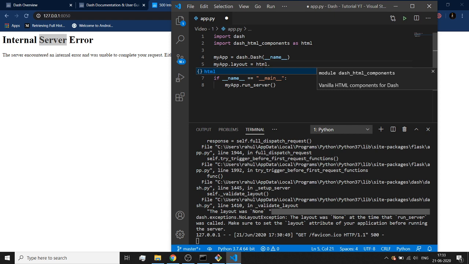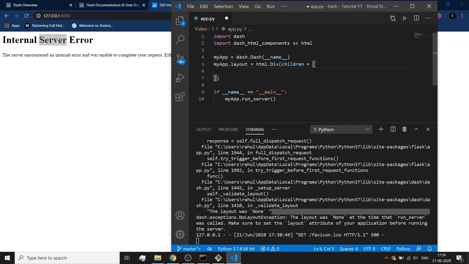Okay, so I'll say html.div, and this div is holding all the logical blocks that your application might have. Now this div will take a list, and in fact this list is nothing but the children of this div. So I am having this division, and inside that division I'm going to have some children. Those children can be anything. I can make one more div inside as a child, but obviously I do not want to do that.